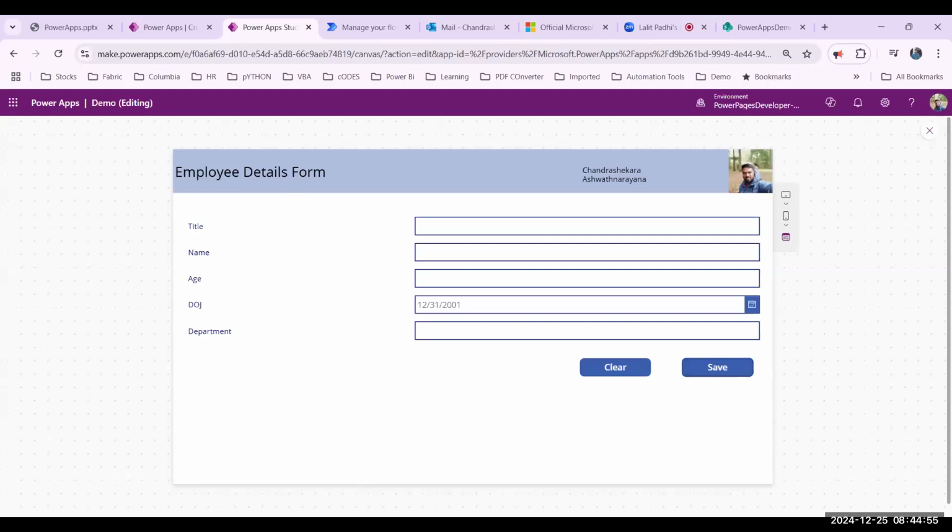Can you come again? Sorry, I lost. Okay, Power BI doesn't have a write back option. You can only see the data or do some kind of analysis, but you can't write back data to SQL or SharePoint or any other data source. So in that case, you could use Power BI as a